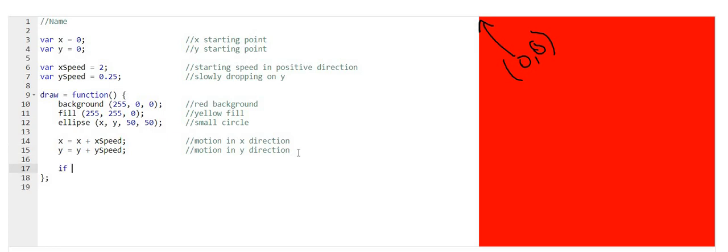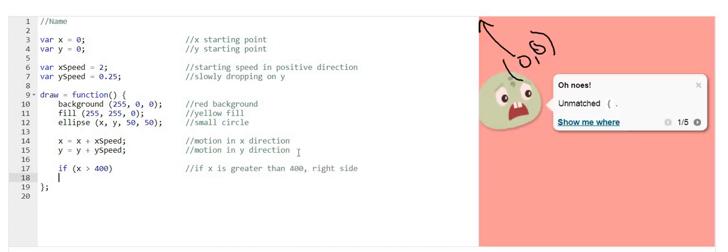So we're going to say if x becomes greater than 400, because that's the right side of the screen, we want it to turn around and come back. So we're going to go curly brace and say x speed is now going to equal